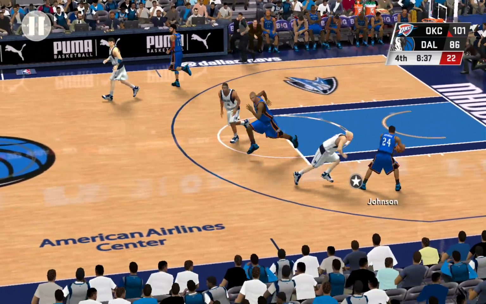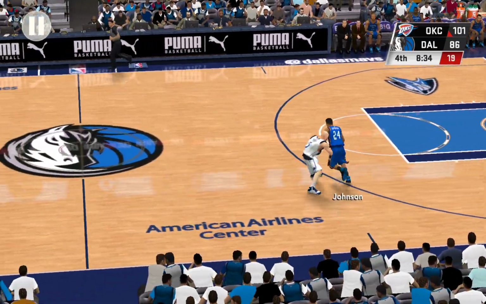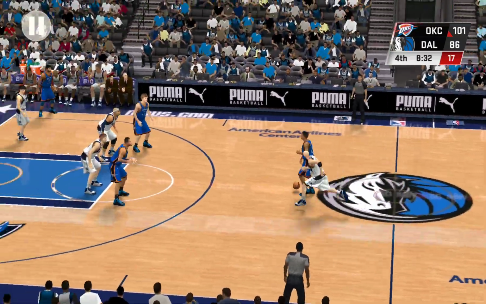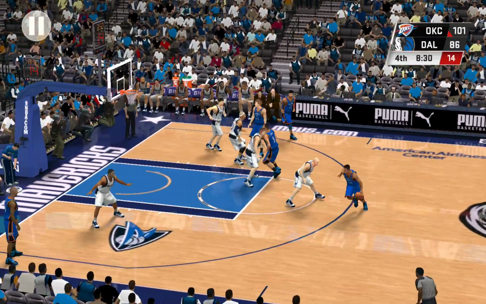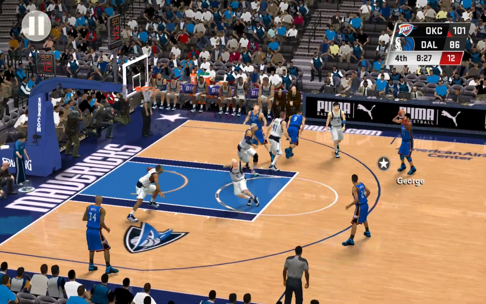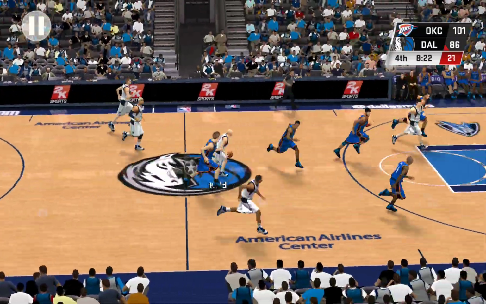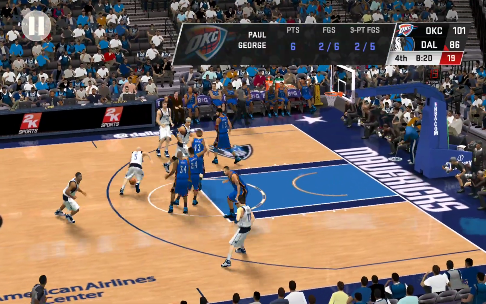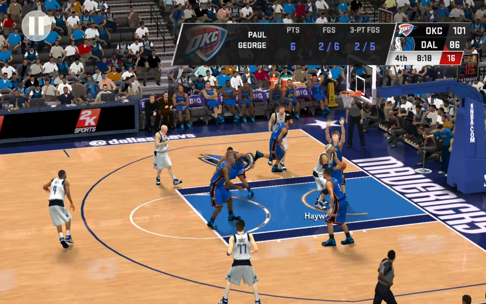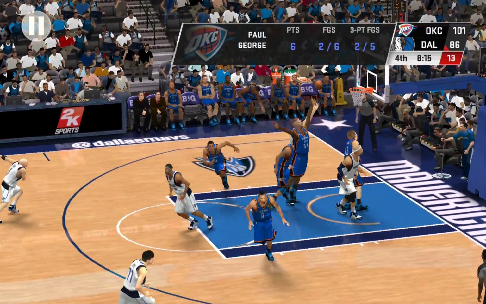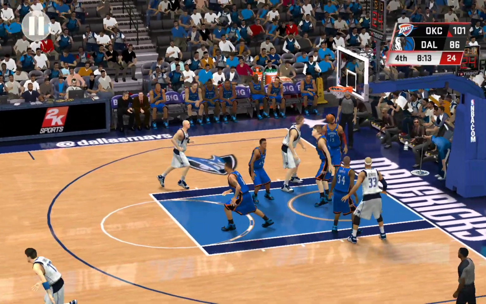And we're about 3.5 minutes into the fourth quarter. Here's Johnson. Back to George. This one for 3. No good. If he can improve on what's been a shaky day for him thus far, they could stretch this lead out. They would. No good. That's good.